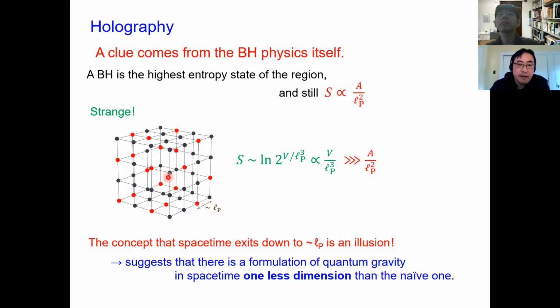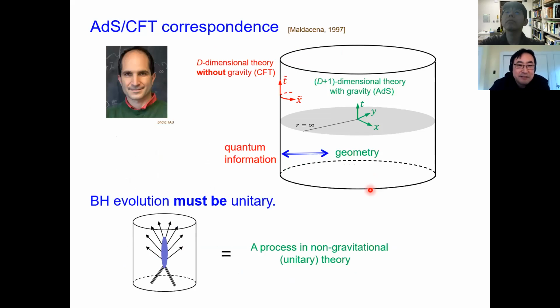Okay? And that suggests that because degrees of freedom go like area, you may think that the theory of quantum gravity may be formulated in one less dimension. That's called holography, as you all know. And that sounds completely crazy. Yeah? But in '97, Juan Maldacena came up with even an explicit example of this thing called holography in AdS/CFT duality. That applies in a limited